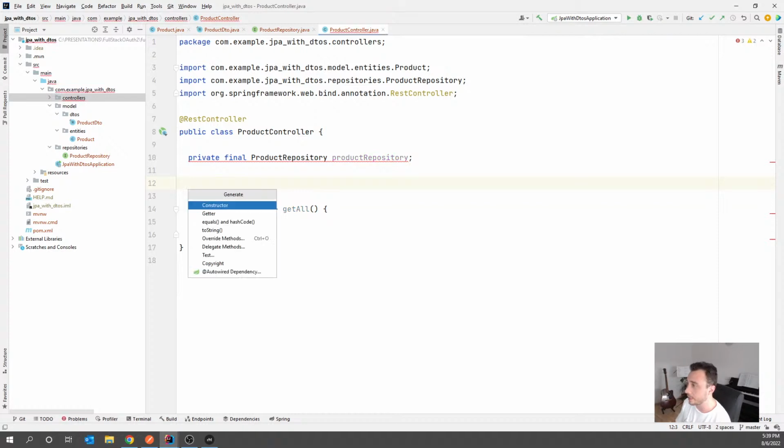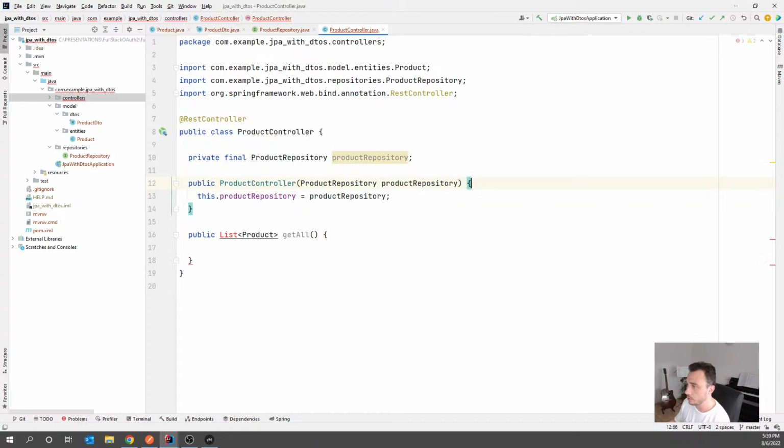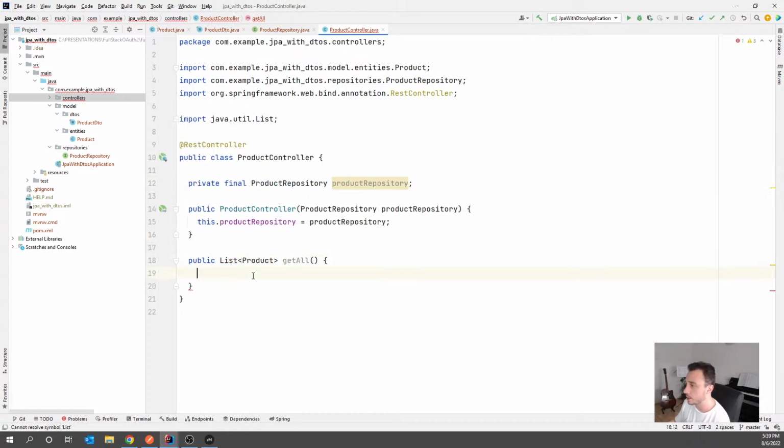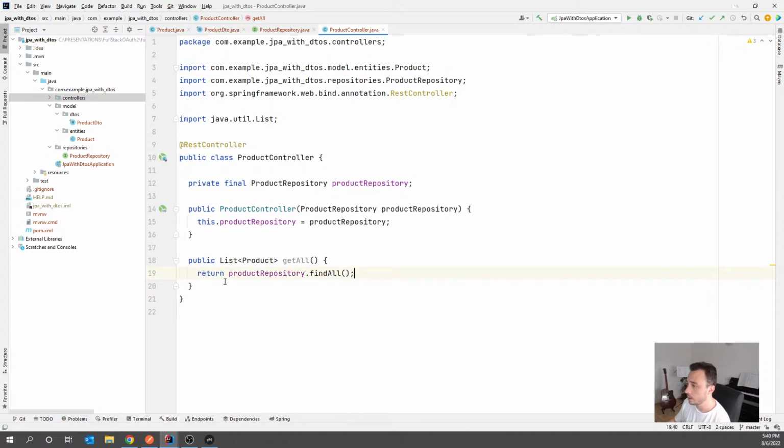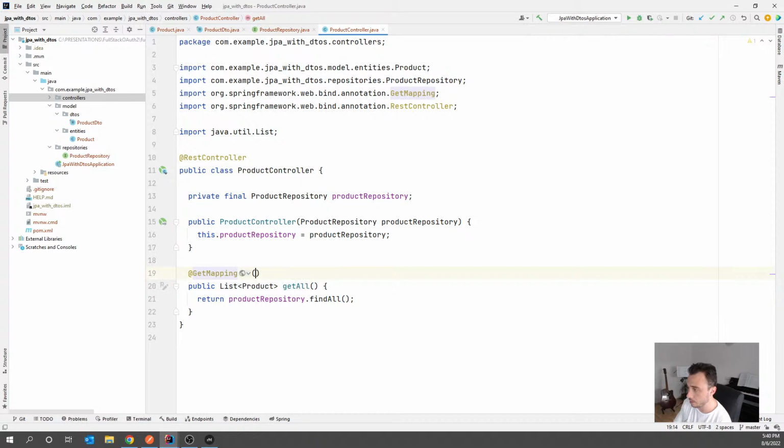Injecting repositories directly in the controller is not a thing to do in a real world app. So you will usually have a service, but I wanted to spare some time. And then I'm just going to say product repository find all,